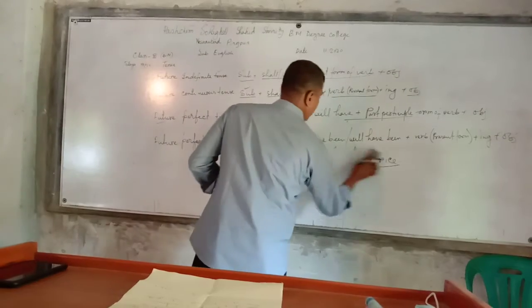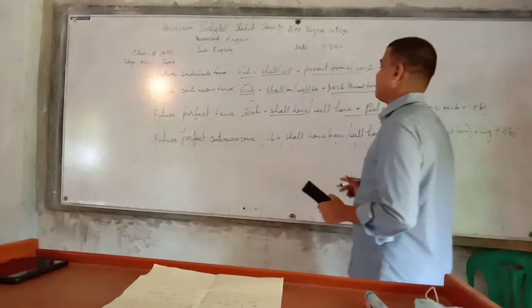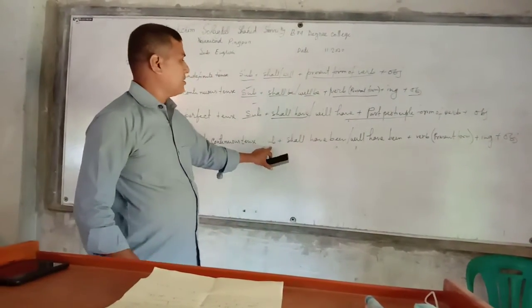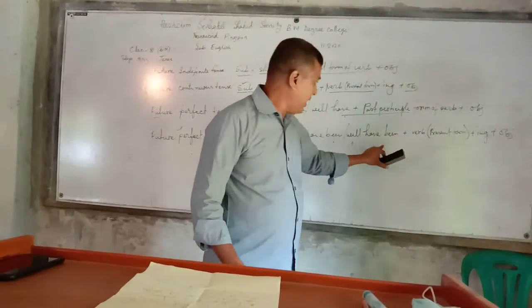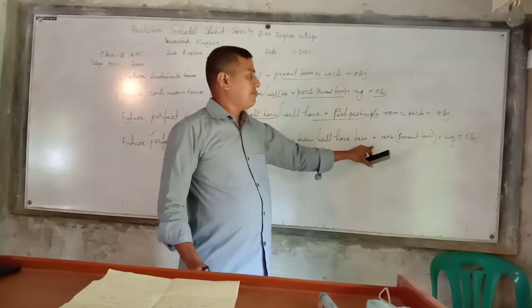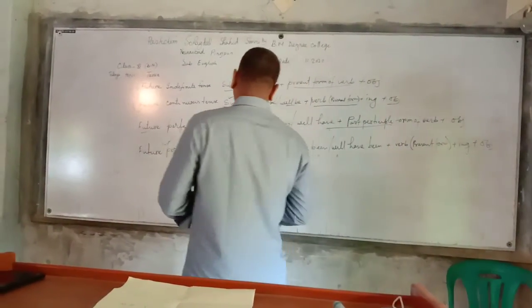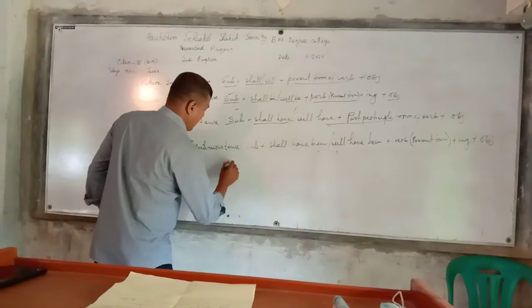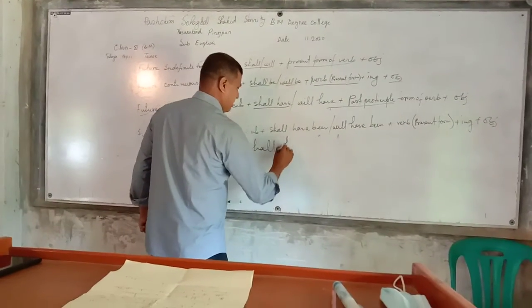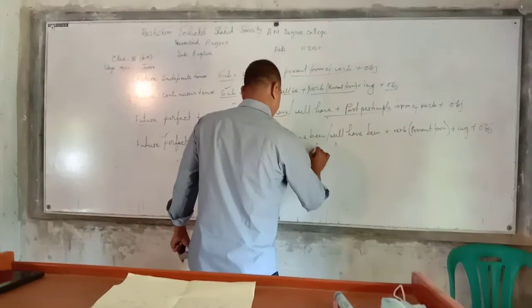Next, future perfect continuous tense. The structure of future perfect continuous tense: subject, shall have been or will have been, plus present form of verb plus ing plus object. Now we see an example. I shall have been